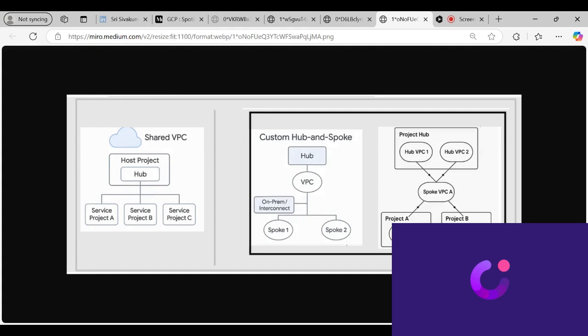What is the benefit of this architecture? The host project will have the core network services configured, especially the security and the access policies, and the compute engine, the GKE, and all the core important services are configured in the host project. And the other projects can utilize the centralized compute VM, GKE, and other services